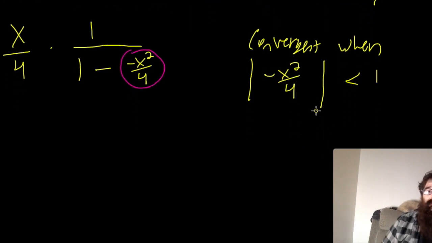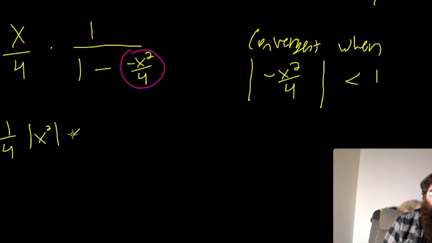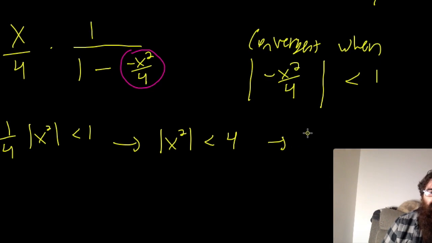I can work with this a bit more. Negative inside an absolute value, it's no good. I can bring the 1/4 out. So we'll say 1/4 absolute value of x squared less than 1. I can multiply both sides by 4. So absolute value of x squared less than 4. And I can take square roots on each side and say absolute value of x is less than 2,